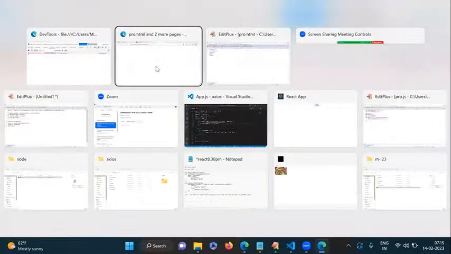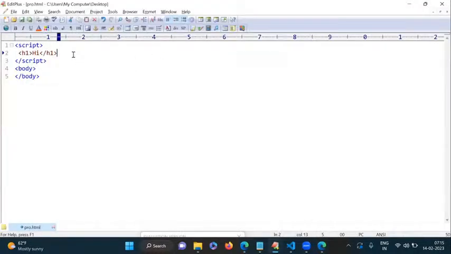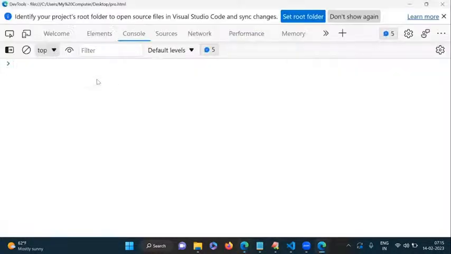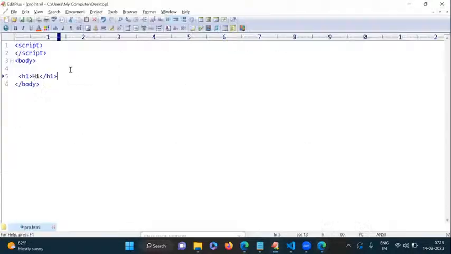This error is coming because you kept this inside this. If I keep this inside the body and refresh, it displays the output and no error comes. But if I keep it inside the head tag, sorry, inside the script tag, it gives an error message. That's the main problem. Now, if we take JSX format, we can combine